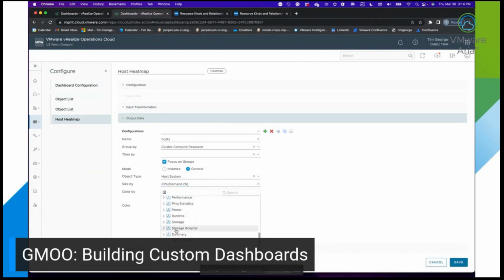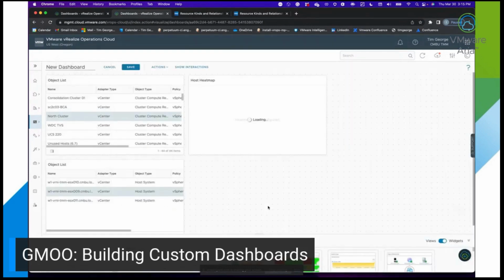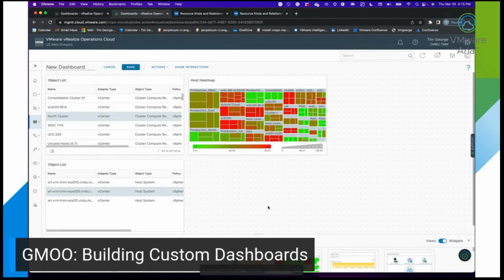You want to color this. Let's color it by something different. Let's color by maybe memory usage instead here. I'm going to try to keep these metrics a little simple just for that purpose. So now if we save it as is, we know we're grouping by cluster, and we've got all of our hosts underneath it. And again, we've run into the same thing that I was talking about earlier, where we want to make sure that we have at least two objects in our driving widget,